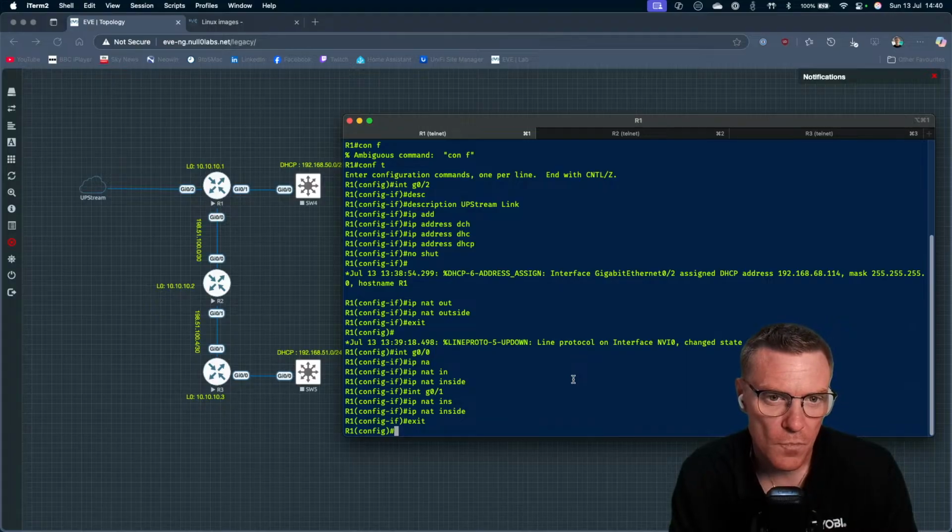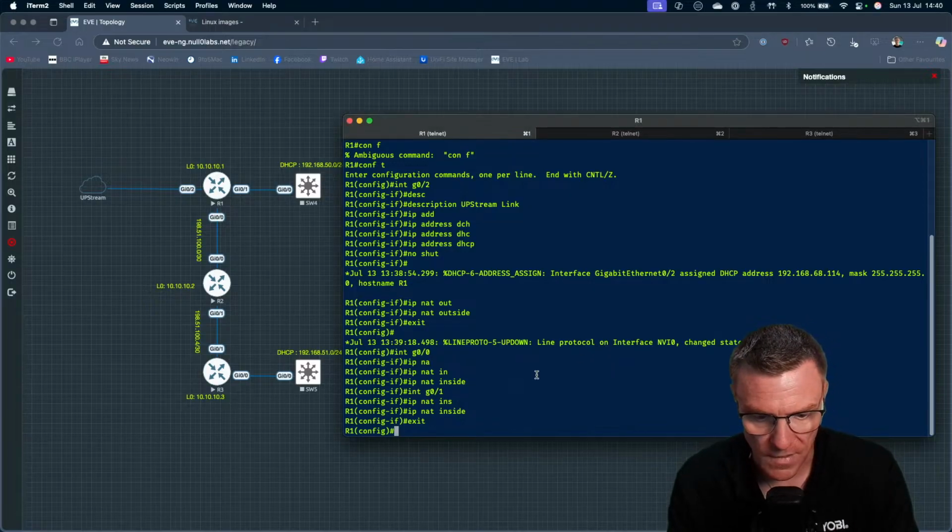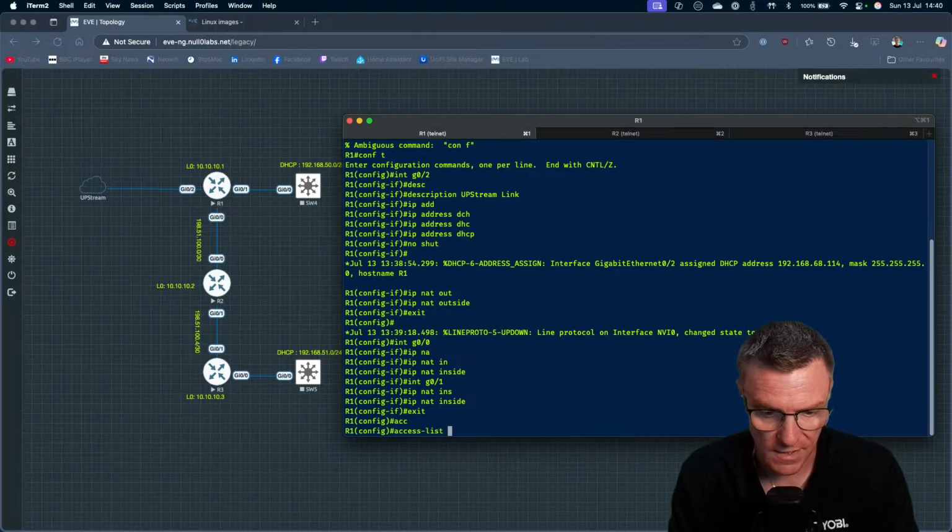So what else do we need? So we've got that interface. What else do we need? So, access list